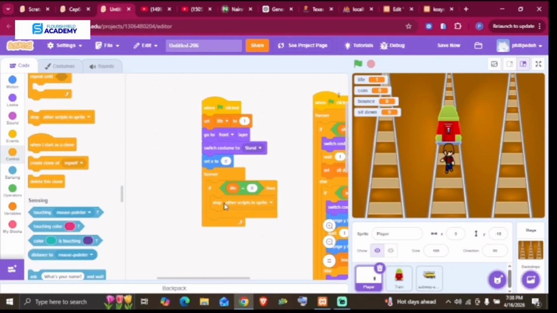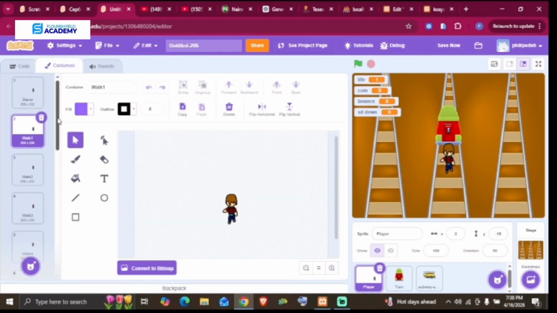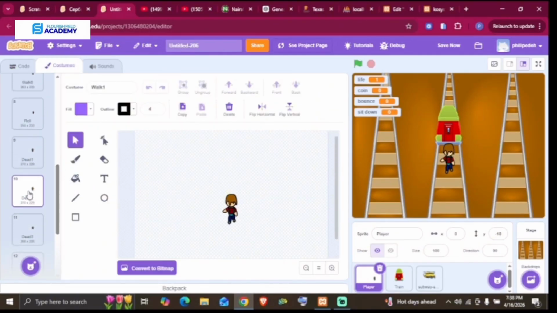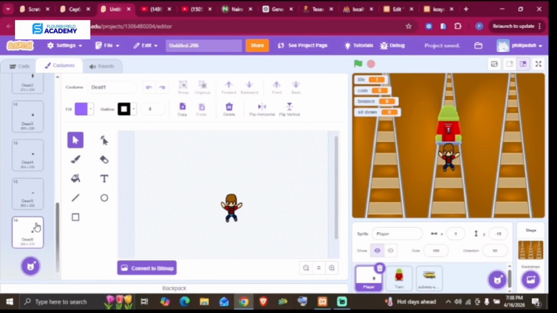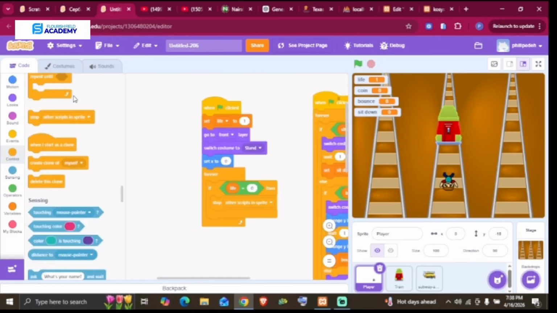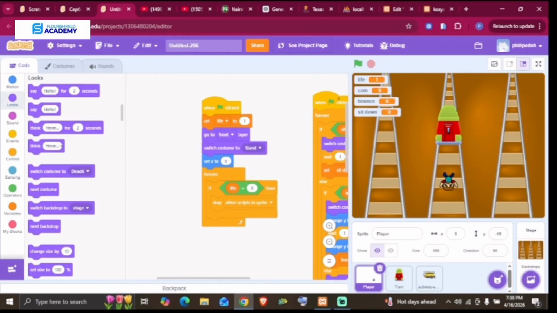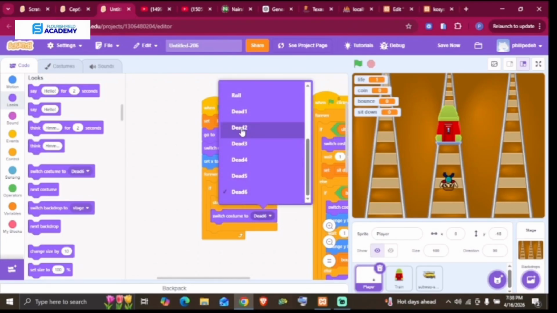Now, when life equals 0, I want to stop other scripts in the sprite, and then at the same time, I want to change the costume of player to dead. Remember, we have other costumes here, and dead is somewhere here. All right, we want to change that costume to dead, and at the same time, we want to make sure that it goes all the way down to dead 6, where it finally lays flat. So, here's what we need to do. We would switch costume to dead 1,